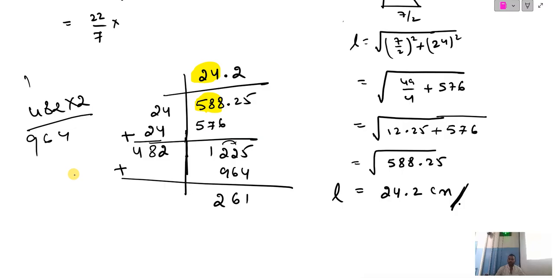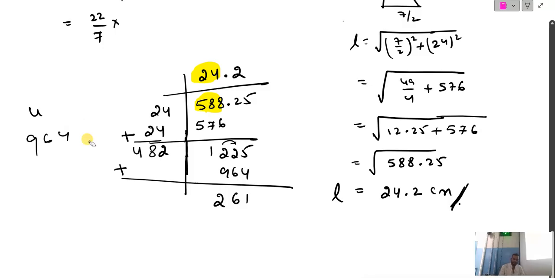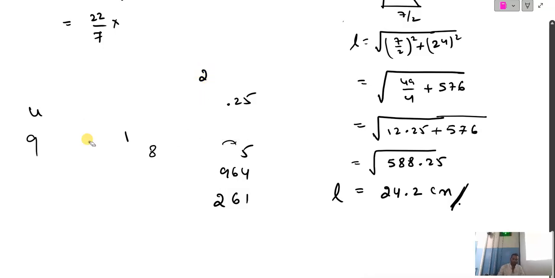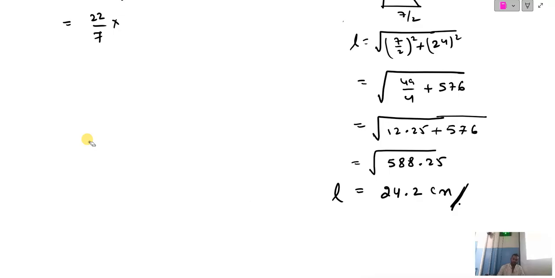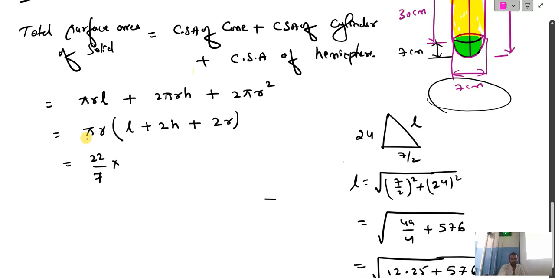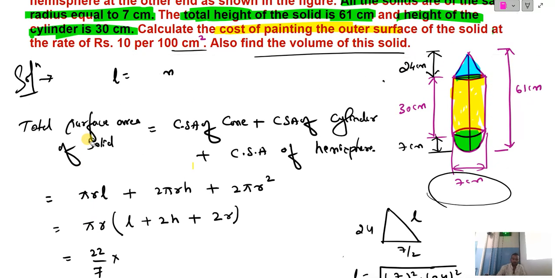Root of 588.25, how much? Children, I hope you have understood how to calculate the value of L. Understood the calculation part? Now we'll come back to our problem. That is 24.2. So the value of L is 24.2